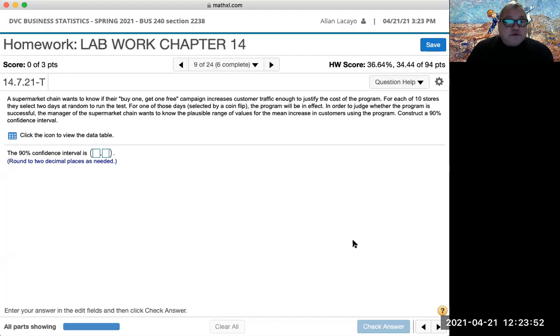In this particular problem, problem 9 of lab for chapter 14, we have a situation where we are taking two samples of data and creating the difference between these two in one single population setting, because we are actually looking at the same objects in two different scenarios. One where you have a buy one, get one free campaign, and one without the buy one, get one free